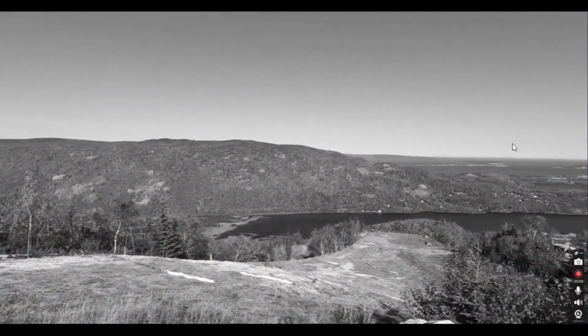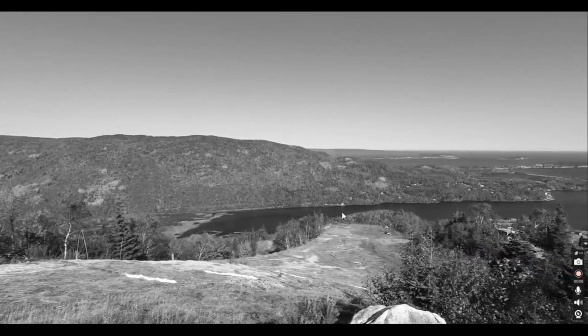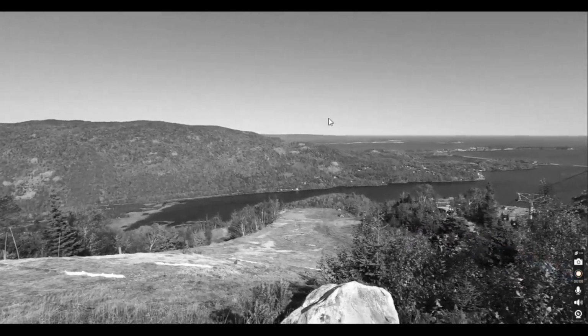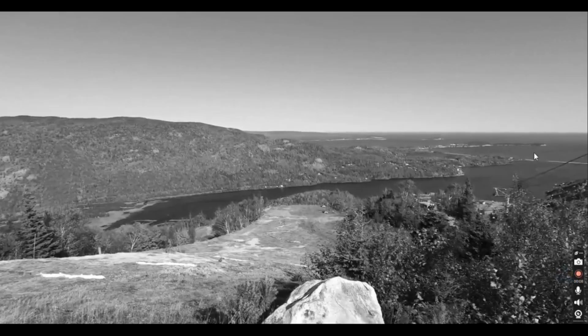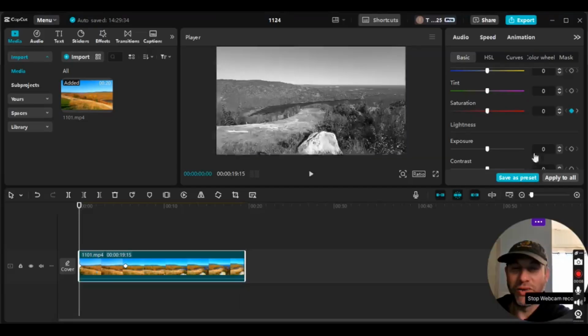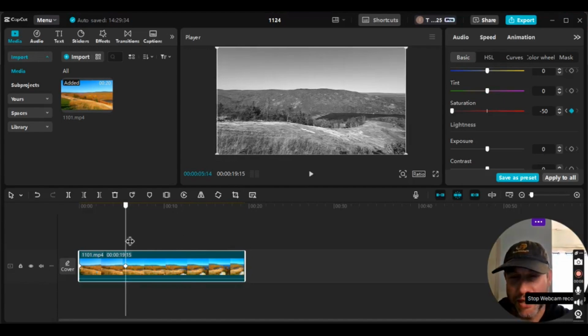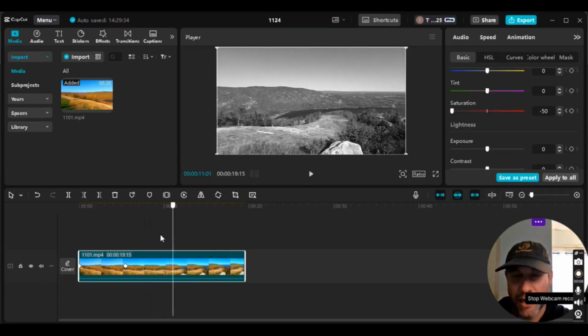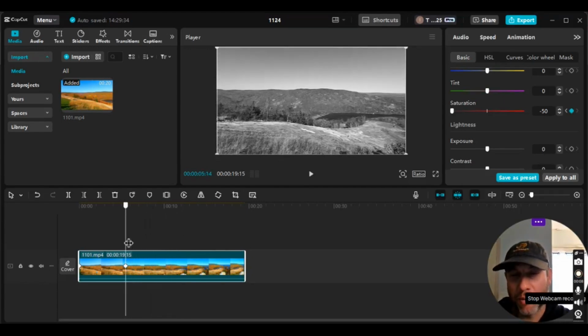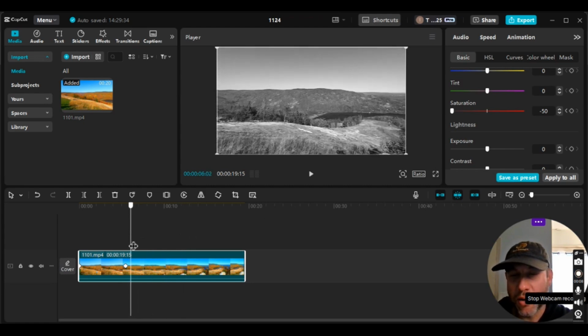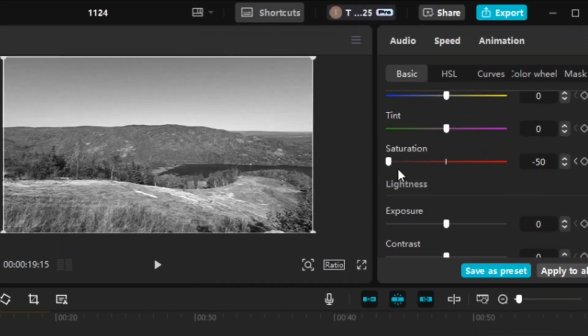Now that doesn't really do a place like this justice, right? It's a beautiful place that it's kind of known for its fall colors, so we don't actually want to be doing that with this particular film. So what we'll do is we will go back. We won't go back, but we'll scroll ahead, and as we go ahead, maybe we'll just go ahead a little bit and take our